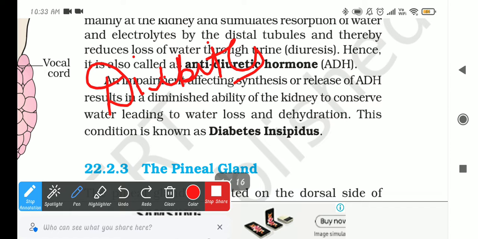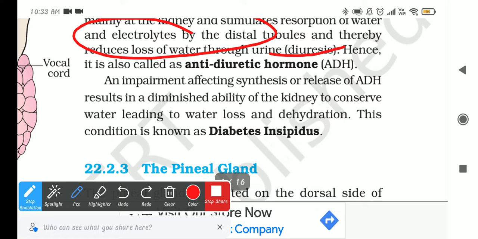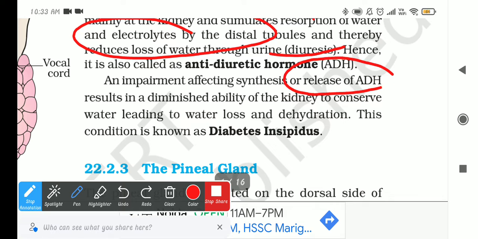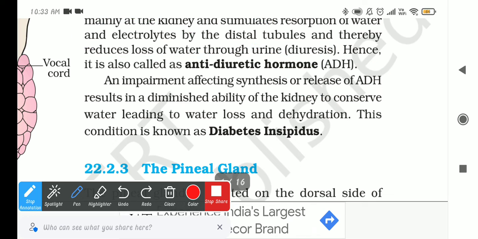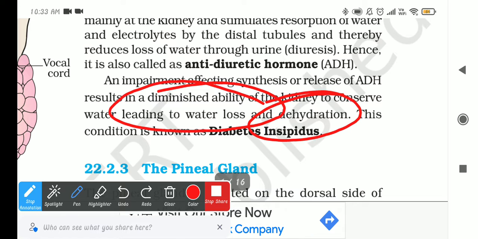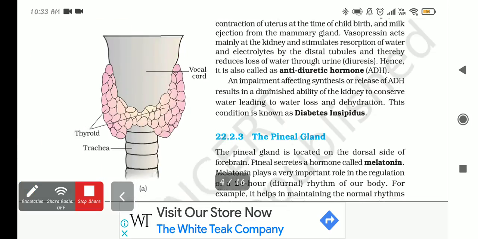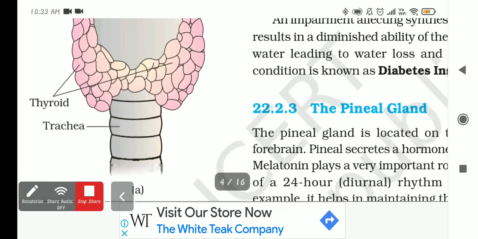So what is it saying? That our ADH has a function to reduce the loss of water through our urine, and that is called antidiuresis. But if there is some impairment due to which the release of ADH is not there, meaning there is no ADH, then it will lead to the loss of water, and the loss of water will lead to dehydration, and this condition is called diabetes insipidus. Okay, so let's now discuss the